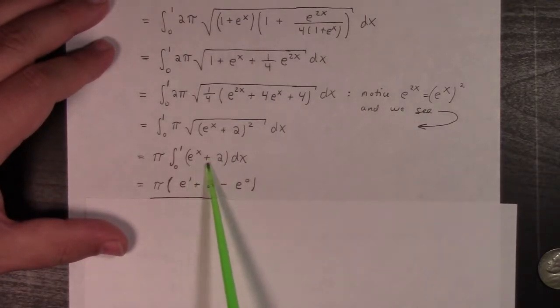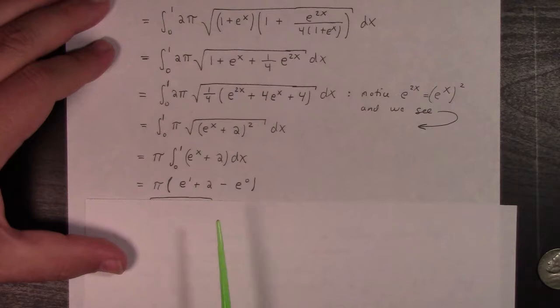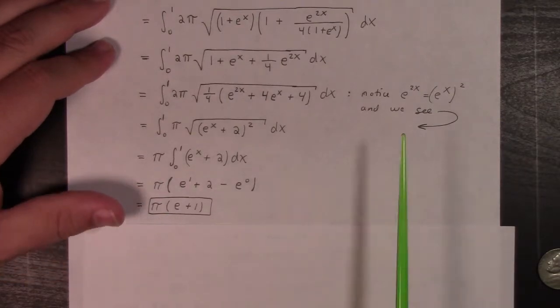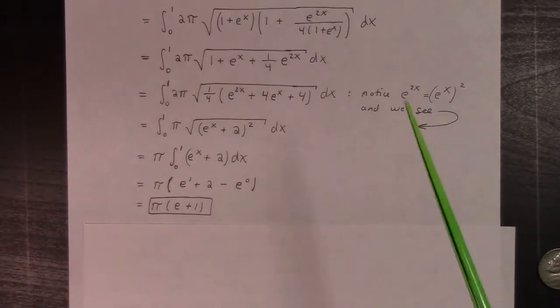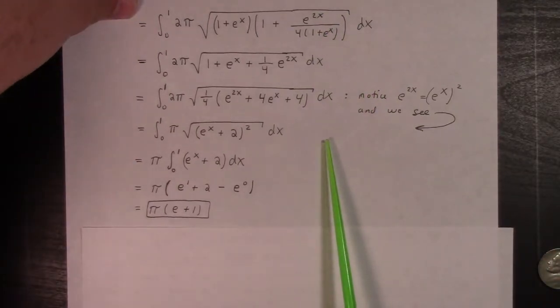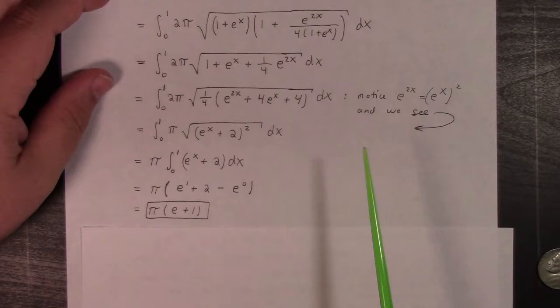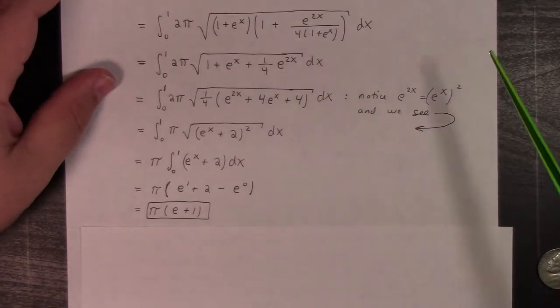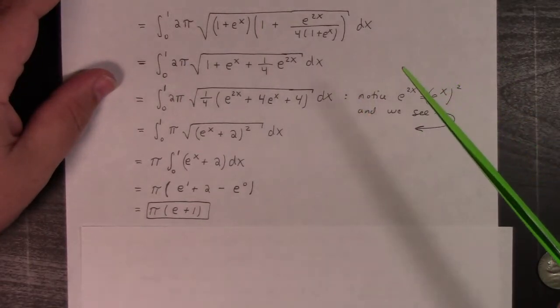And then I integrate, evaluate, and answer. Pi times e plus 1. So it was kind of scary at the start, but if we just do the algebra, we could figure it out. Now, as I warned you back with arc length, outside of textbooks,